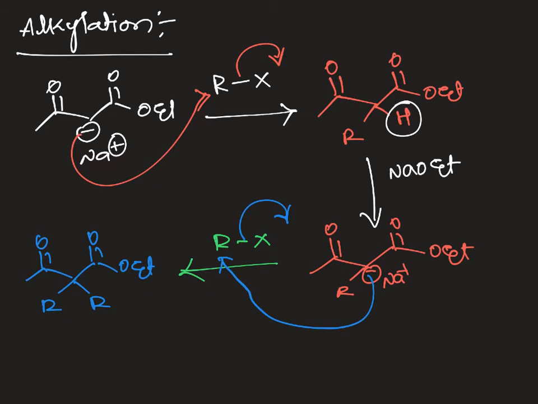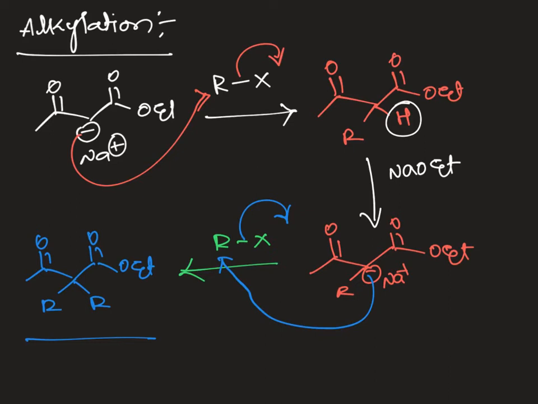So we can prepare either monoalkylation, depending upon the requirement, or dialkylation, and this is a general representation of how we can prepare them. If you need a methyl substituted product, you can use methyl bromide, methyl iodide or methyl chloride, so that it is formed as the methyl derivative. If you need a dimethyl derivative, you can use methyl bromide two times and you will get the dimethyl derivative of ethyl acetate. This is another type of reaction we can see with respect to ethyl acetate.